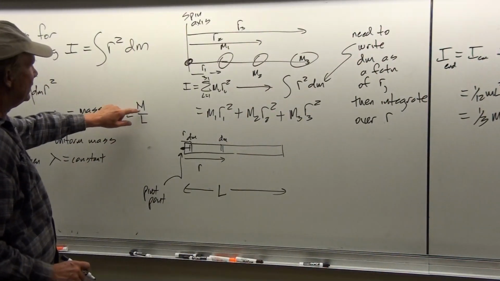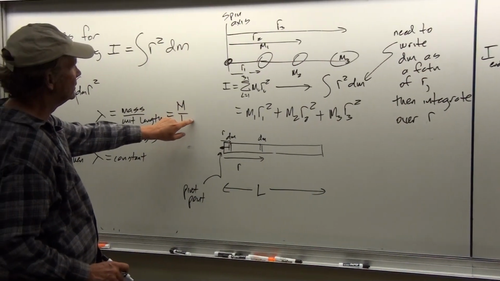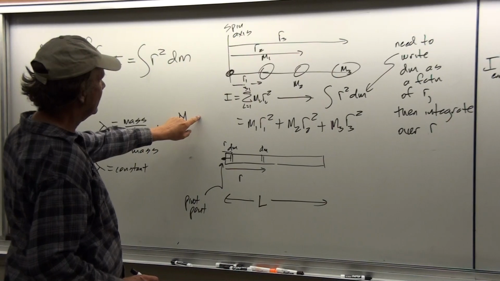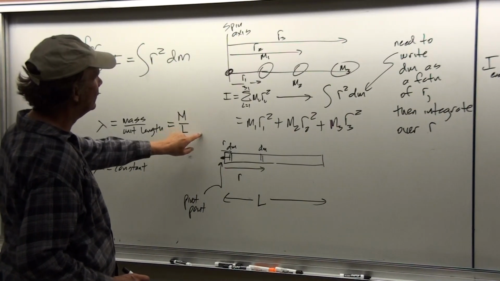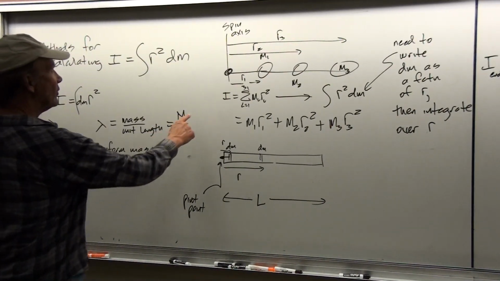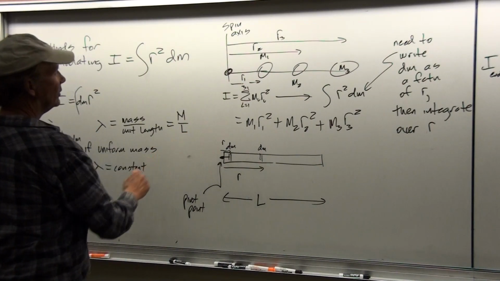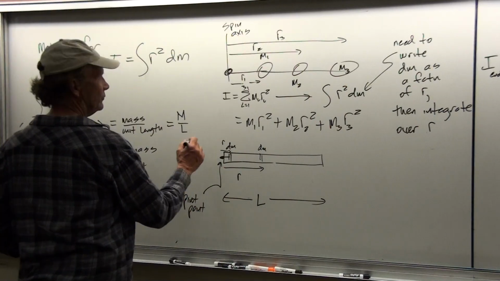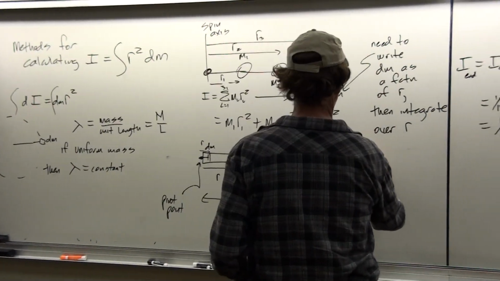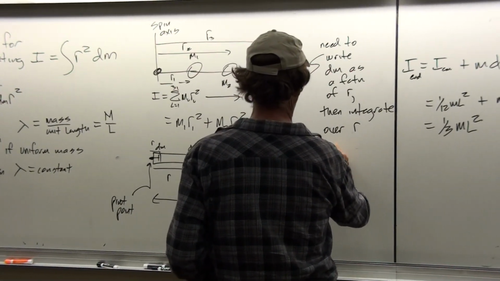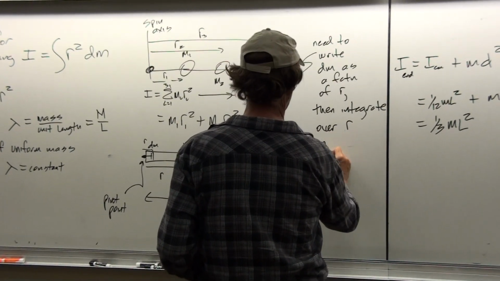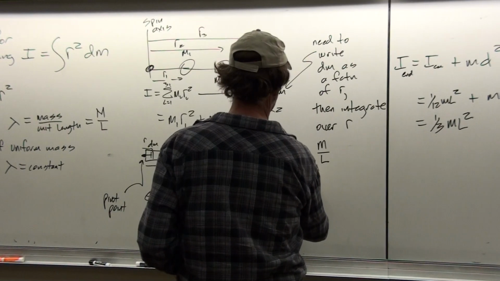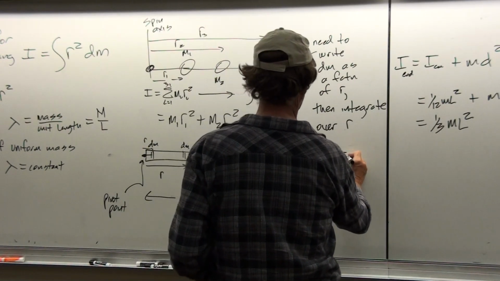So this would also be equal to m over 2 divided by L over 2. It would also be equal to m over 4 divided by L over 4. It would be equal to m over 1,000 divided by L over 1,000. And so in the limit then, of mass per unit length, as the unit length goes to 0, what we end up getting then for this